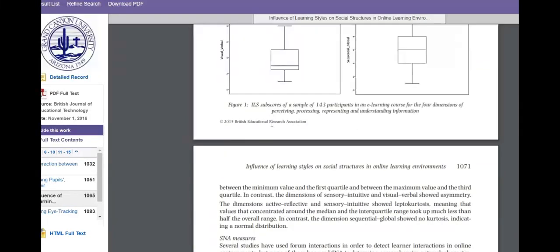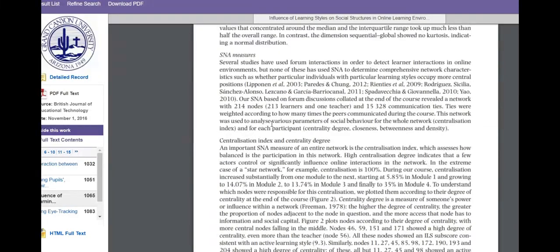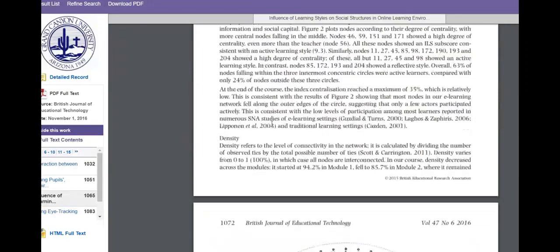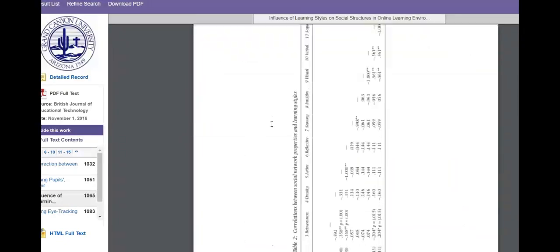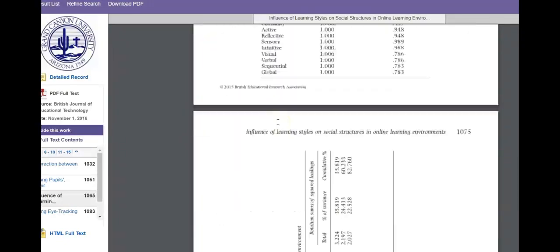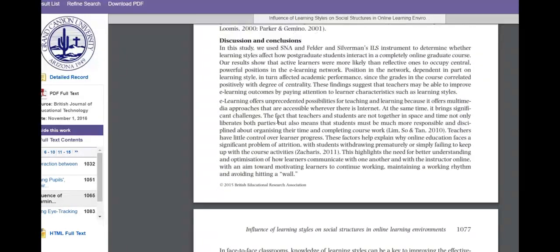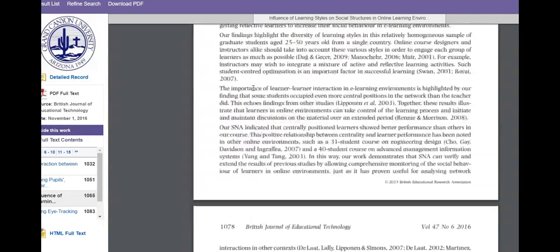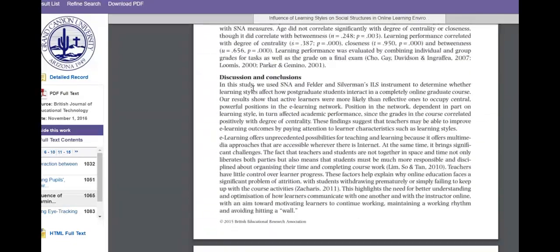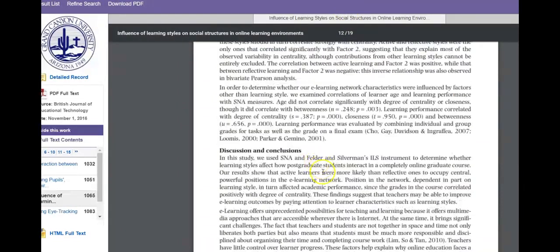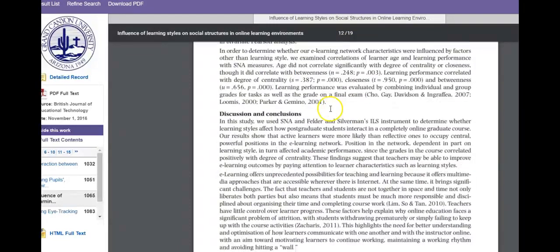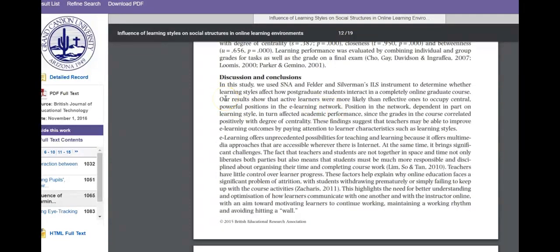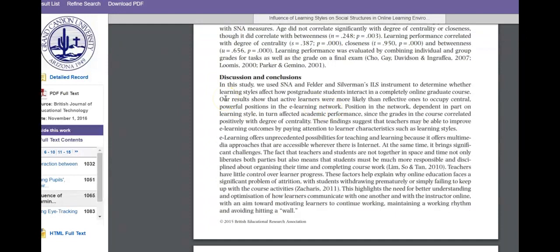Now, sometimes this information is kind of like, what does it mean? That's okay, because if you keep scrolling down, you'll get down to a section where it says discussion and conclusion. This section, as you see, is still pretty long. And basically what the discussion and conclusion is, it's breaking down the numbers, because these numbers are kind of hard for most to understand. So the discussion area is just breaking it down in actual language for us to